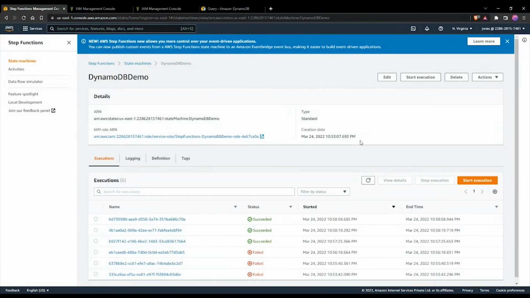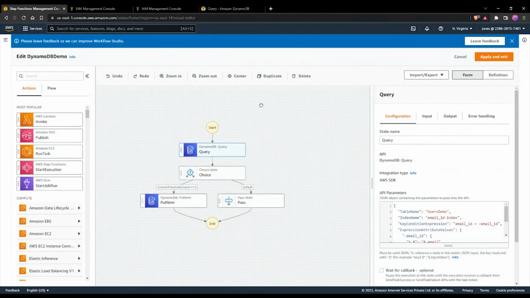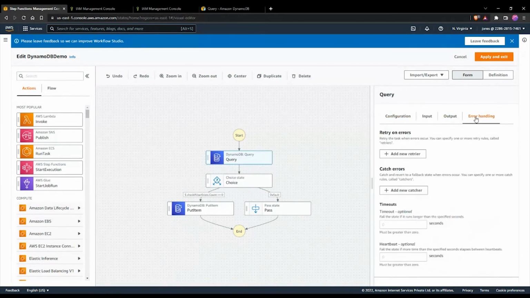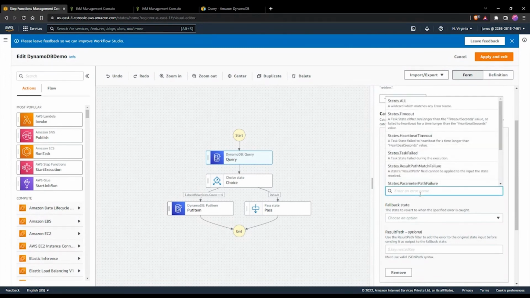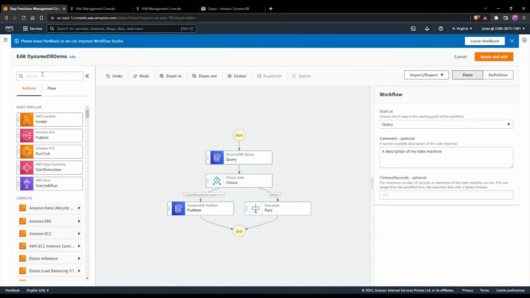And Step Functions also enables error handling. So we could go into the Step Functions Workflow Studio, and whenever there's any error, say there was an error with respect to permission, what you could do is error handling. You could add a catch for the specific state where different types of errors or exceptions would come in. So if you choose a fallback state, you could add, say, a specific Lambda function invoke,